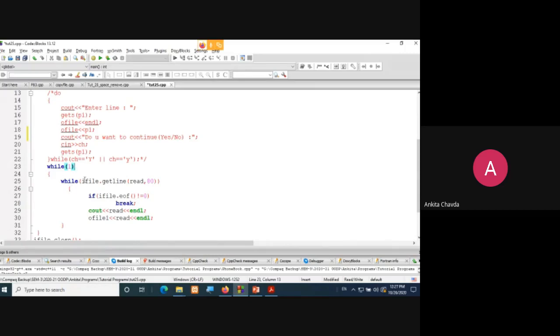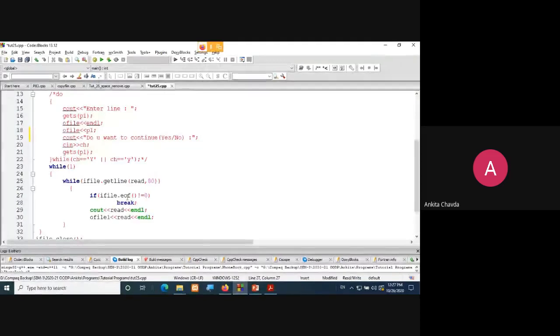while 1, whenever it is true, it will check ifile.getline, reading 80. I'll read a whole line at a time, up to 80 characters. If there is data, if it is true, then I'll check whether I have reached EOF yet, right? So ifile.eof is not equal to 0.